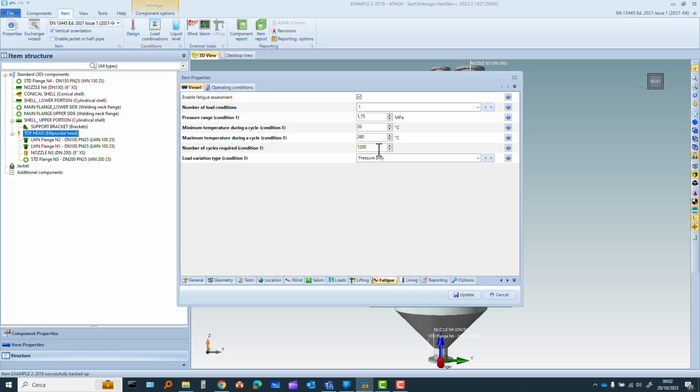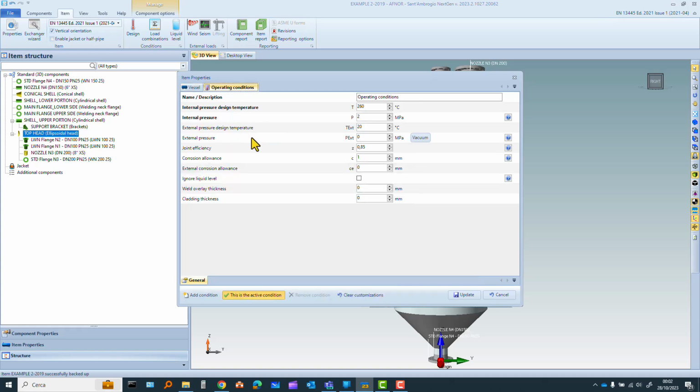Required number of cycles is 1200. Well, lining reporting option not interesting. Look at the operating conditions. Design temperature 260, internal pressure 20 bar, external pressure design temperature, we have no external pressure in our case,